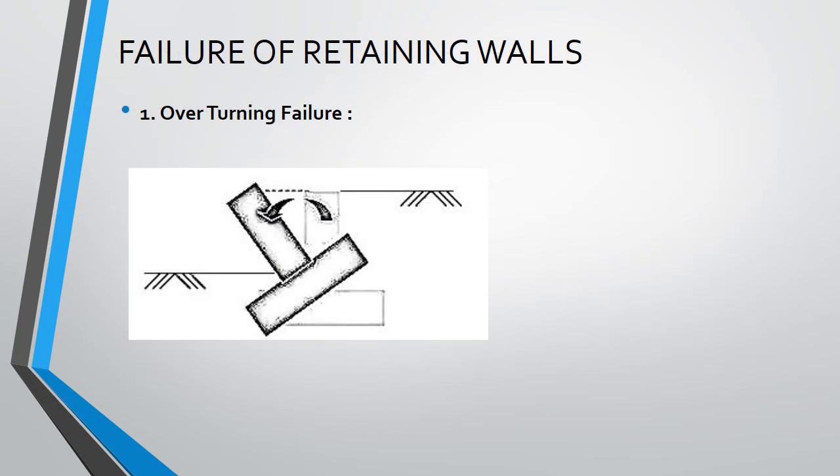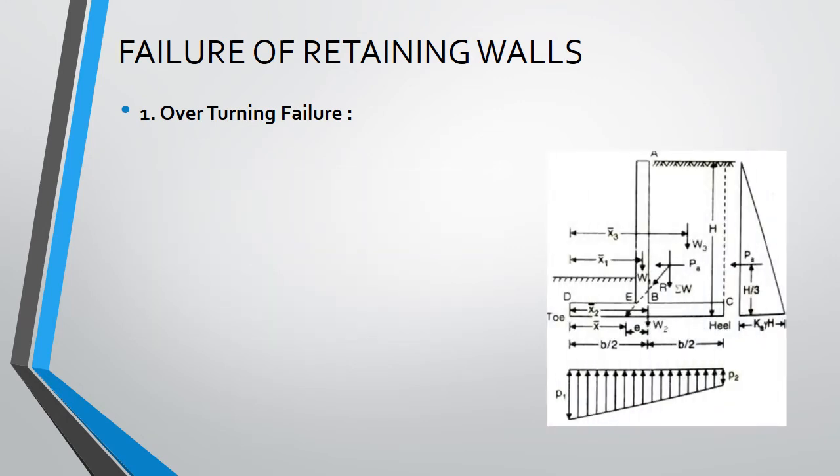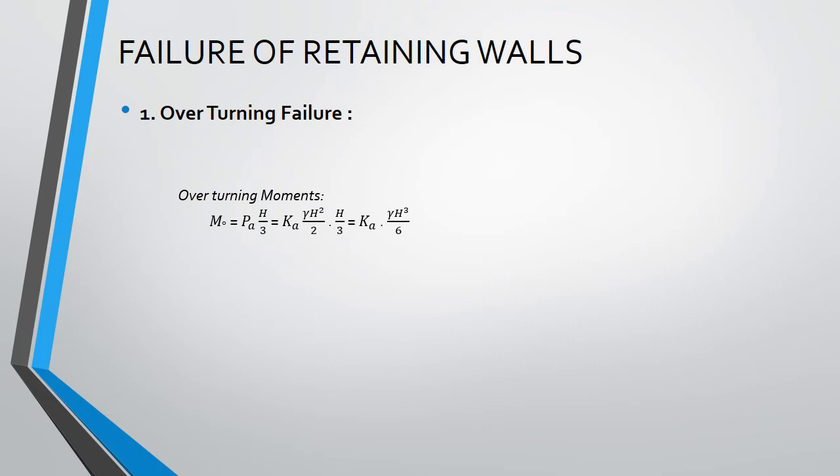Failure of retaining walls. Now coming to the failure of retaining walls, the major failure criterion is failure by overturning. This overturning failure is caused when the overturning moments exceed the resisting moments of the retaining wall. Here you can see the different types of forces acting on the retaining wall and the distance of their action. The overturning moment is given by this formula, where